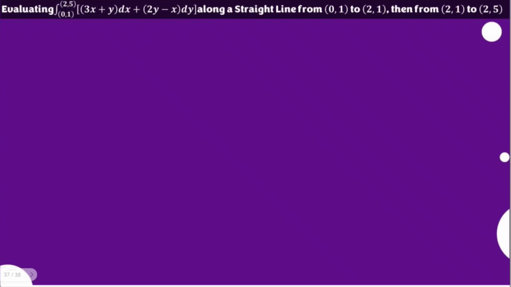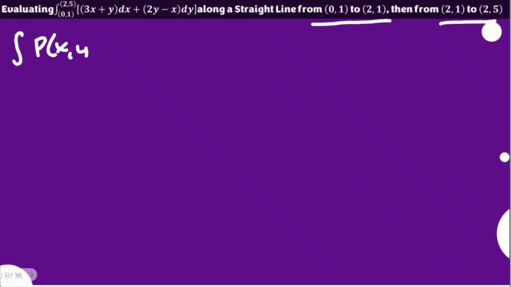Examining this item clearly, you would see that there are two specific paths here. You would see that the function is to go along a straight line from the first path, which is (0, 1) to (2, 1). Then after that, it would be from (2, 1) to (2, 5). So obviously here, we're going to use later on the additivity property for our integrals, because our given integral from